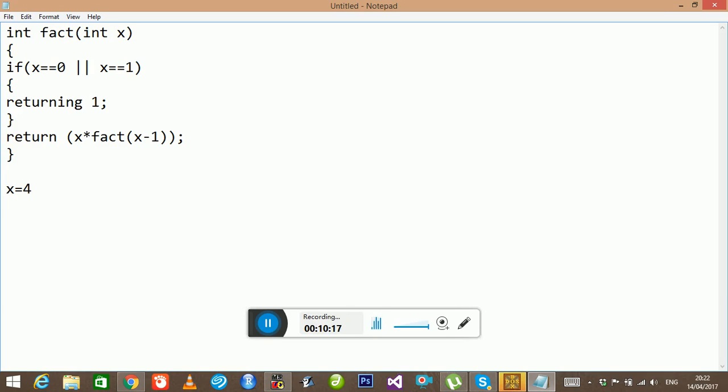So now what is happening here? 4 is not equal to 0. 4 is also not equal to 1. So it is not entering into the if loop. It is directly entering into the return, the last statement. Return 4 into fact of 4 minus 1. So in the first step it is becoming 4 into fact of, at first let me tell you from the beginning, fact of 4,